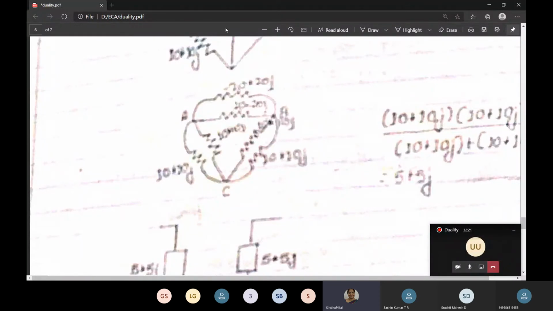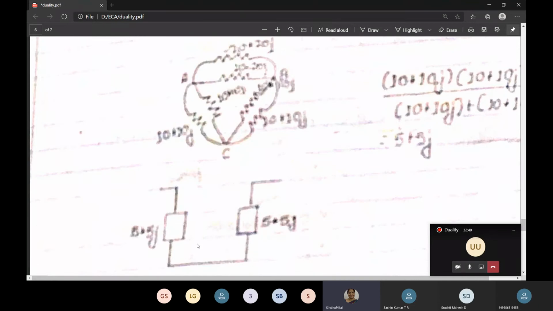Just apply the parallel connection and see here, one is minus 20 plus 20J and one more is plus 20 minus 20J. So they cancel each other. Fine. Here the resistance will become infinite because it becomes 0 here. These two in parallel, these two in parallel. You will get 5 plus 5J, 5 plus 5J. So only these two resistances we get. The resistance from A to B will be infinite, so that resistance is not shown. Only these two parallel connections are converted and the answer is written.